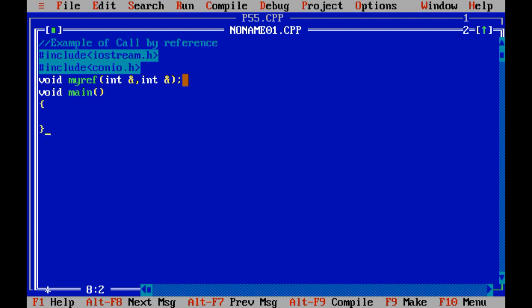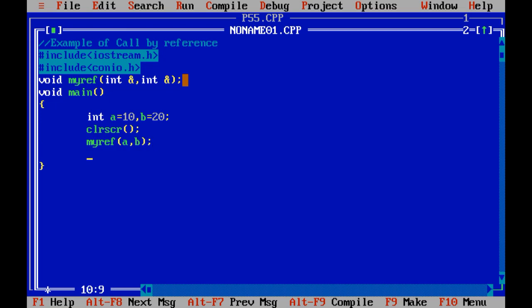Now void main function. Whatever code we have declared inside the my value function, similar code we are going to use over here. a equals 10, b equals 20. I have taken the same code over here so that I can show you the difference between these two functions.